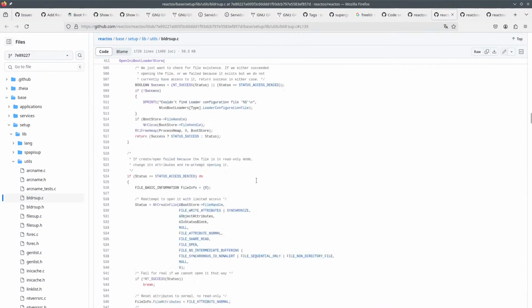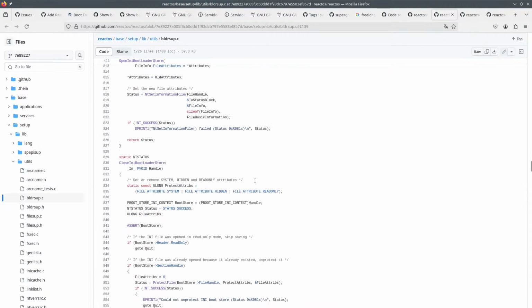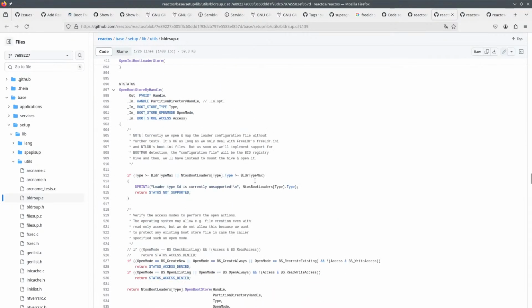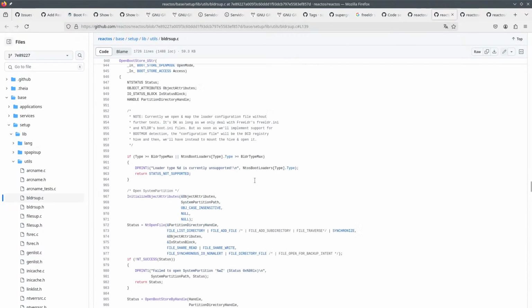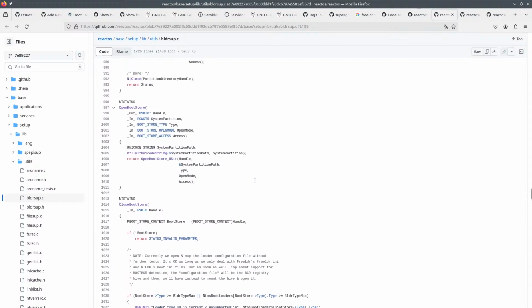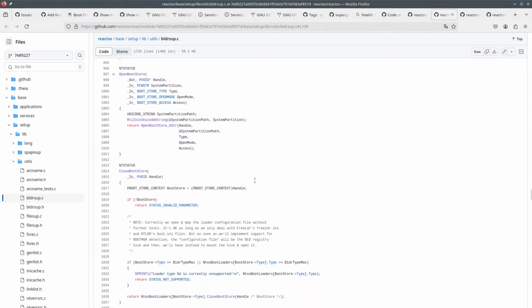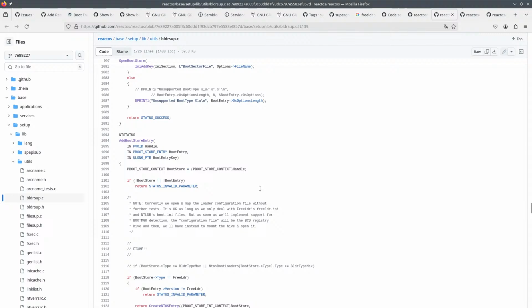Yeah, I mean, open any bootloader store that does a lot of stuff. Open boot store by a handle. Open boot store. Create. So here you have all of the store stuff.